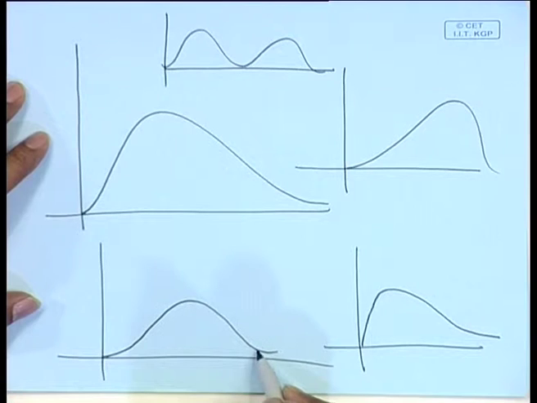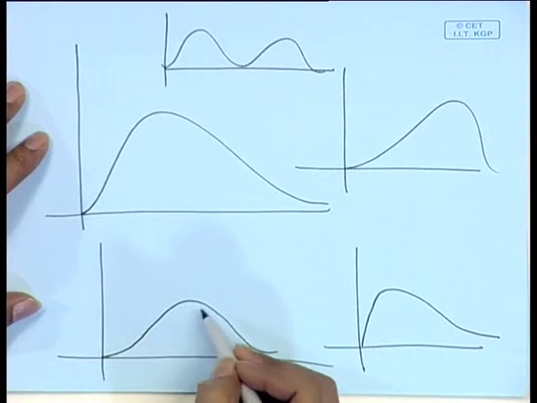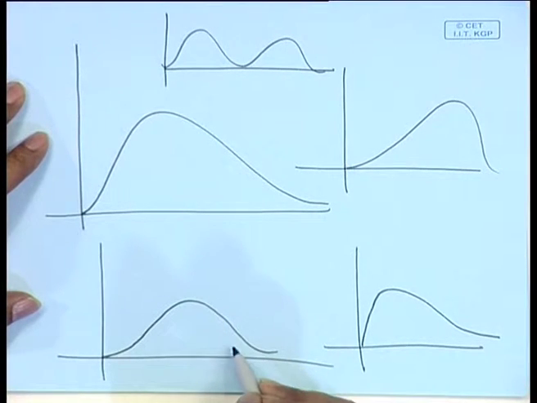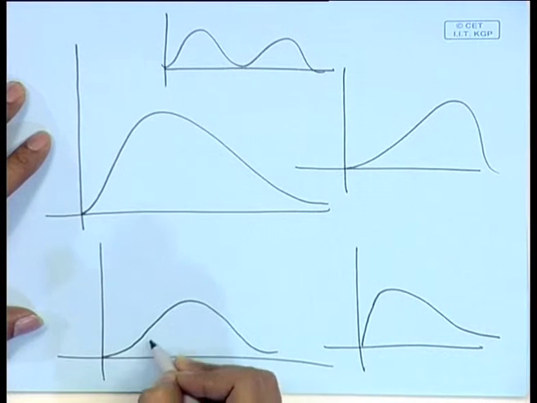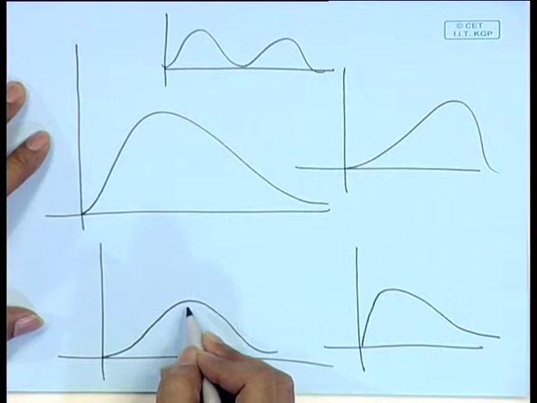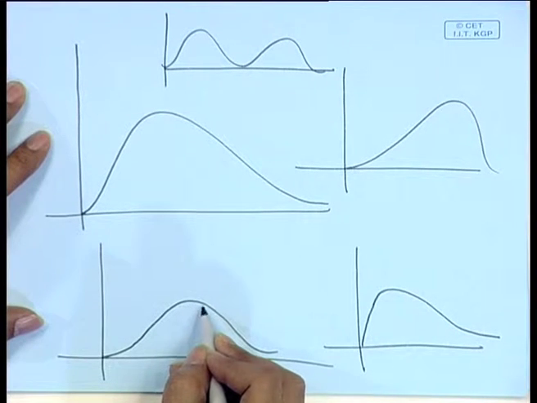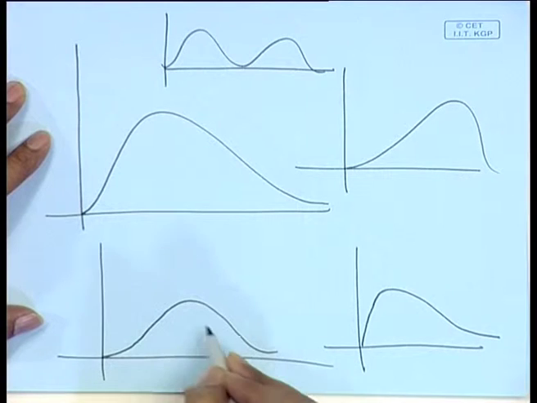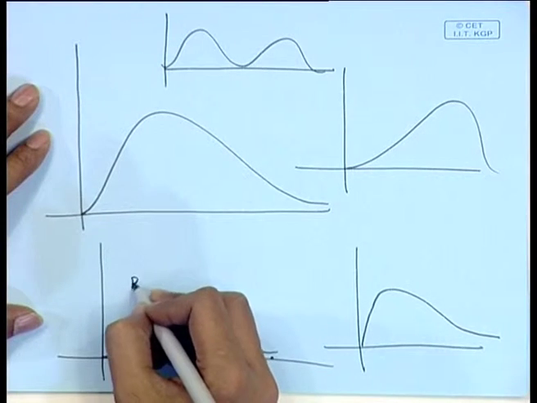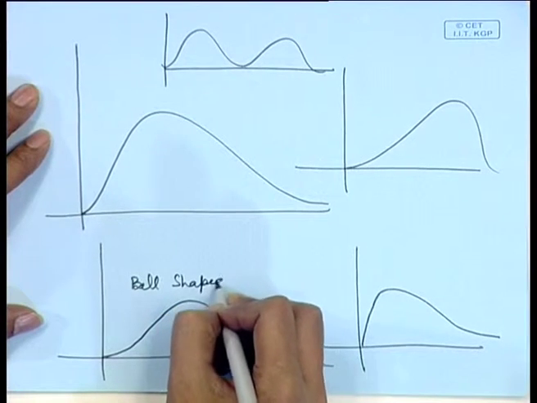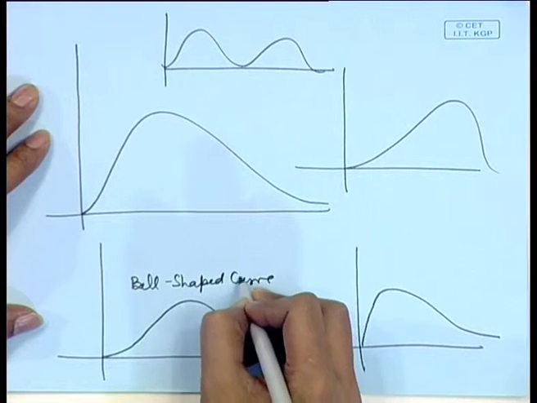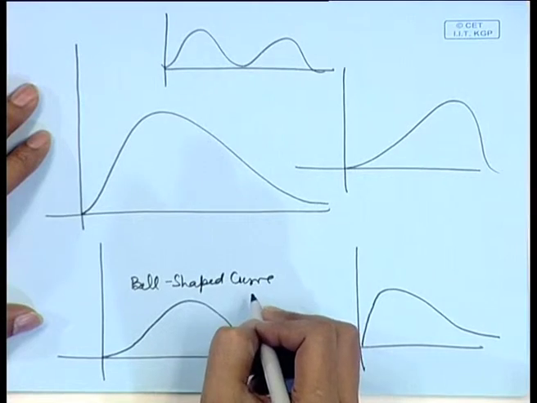If we observe this type of curve, it tells that the frequency distribution is quite symmetric in nature. That means, in the beginning the values are small, then as the value increases, the frequencies also increase, but after a certain stage the frequencies again start to decrease, finally coming towards 0. This is known as a bell shaped curve, which is more like a normal distribution.